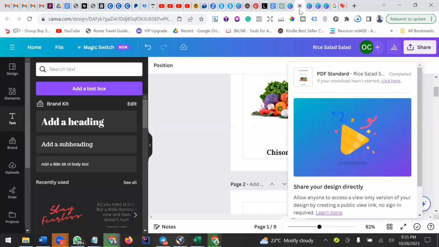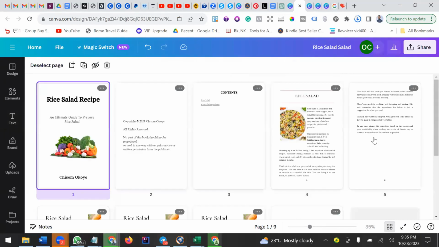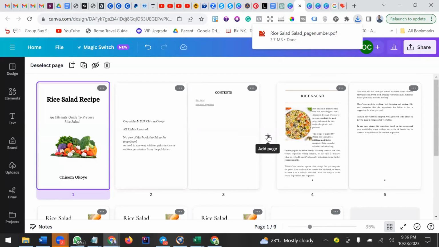While this is downloading, there's another thing I want to mention. When it comes to professionally formatting your book on Canva, let your chapters, your introduction and your chapter numbers be on the odd number pages. What do I mean? This place now, after the table of contents, I have my introduction. This is page 1, page 2, page 3. So my introduction should either be on page 3 or page 5 instead of this page 4,